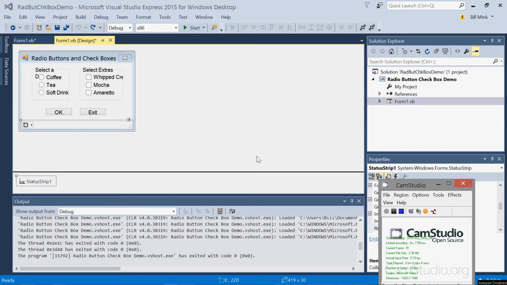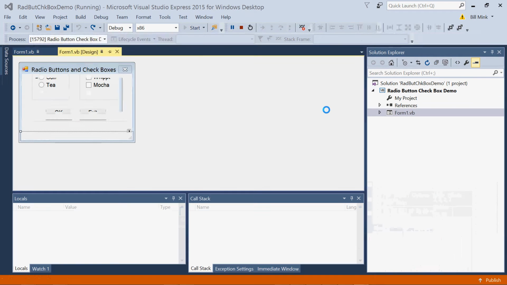Your professor, Dr. Mink. And this is tutorial 4-9, which demonstrates radio buttons and checkboxes. What I'd like to do first is run the application, and then we'll take a look at the code behind it. So if I run this,